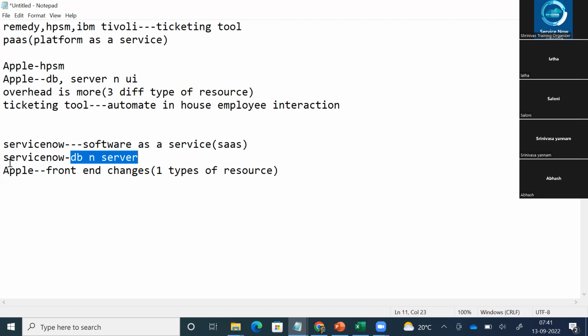If Apple purchases ServiceNow as the tool, Apple only has to take care of the front end changes, because the backend part is always maintained by ServiceNow. So that's the benefit here.